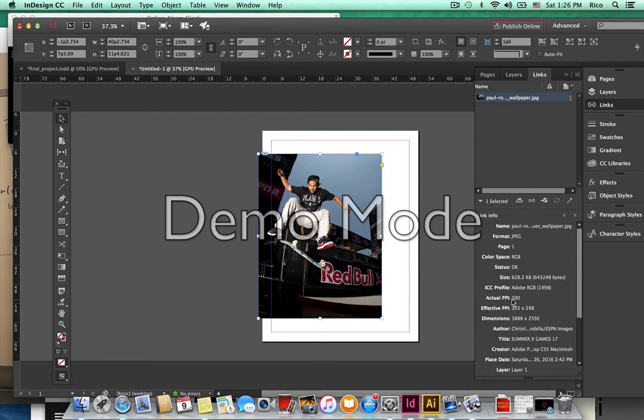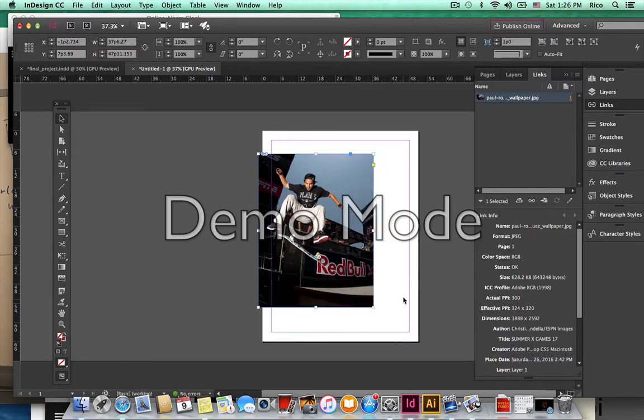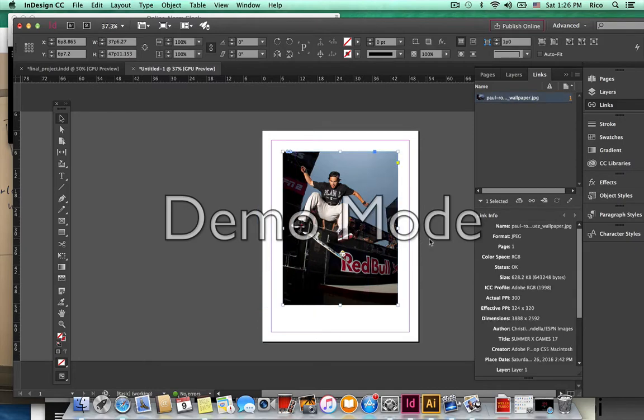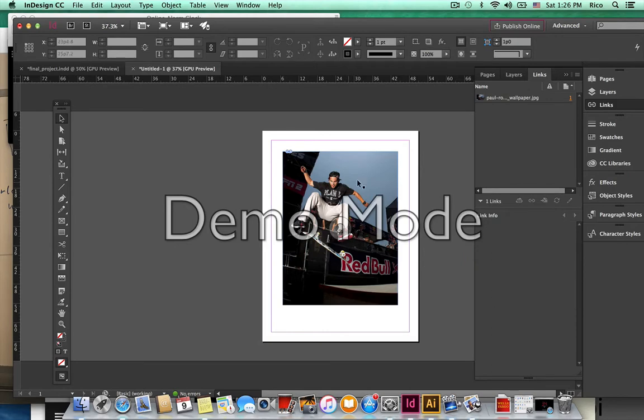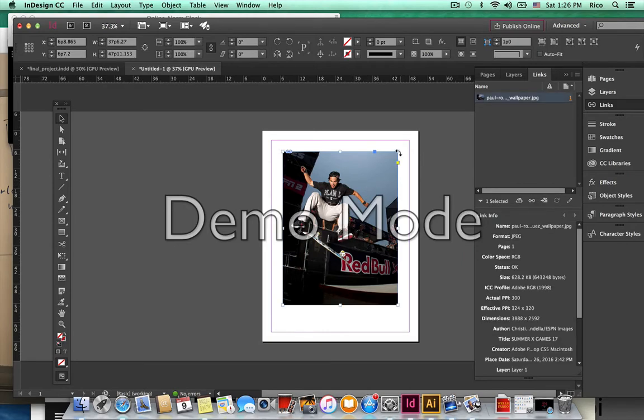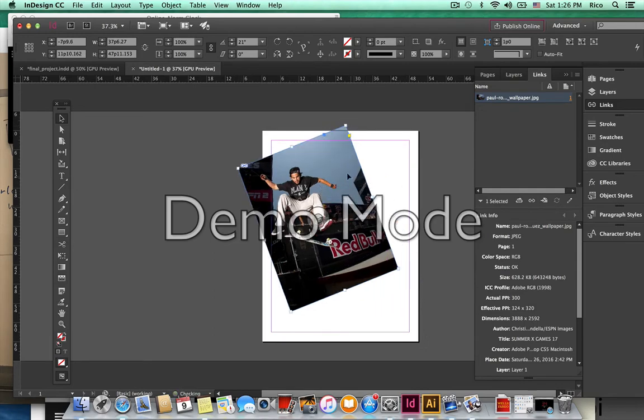And you can see this number, actual PPI is 300 and effective PPI is 303 and 298. We get a little more, so both of them are over 300. Zoom in a little more, so that's good. You can see right now it's 324 by 320. So this is the size that we want on our postcard. And you might say, oh, okay, it's not big enough. That's fine. This is the only size we could do. You're possibly gonna have to be creative,